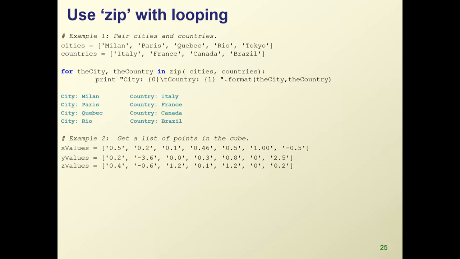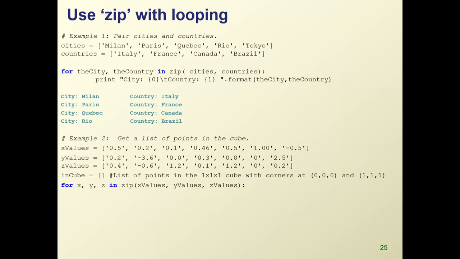The lists that we are given, now these are hard-coded here, but eventually we'll be reading data files in, so we might be reading 3 different columns, each of which contains an X or Y or Z value, and we can loop through those columns all at the same time so that we gather the points into tuples. We want to create a list of the points that are inside this cube, so we start with